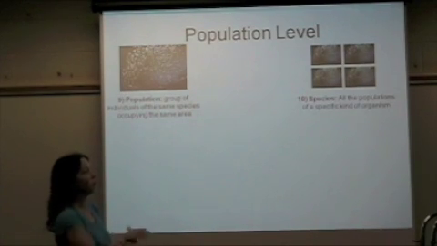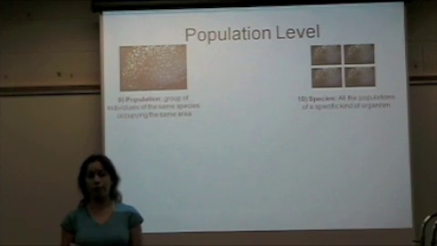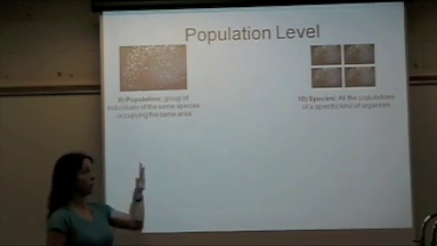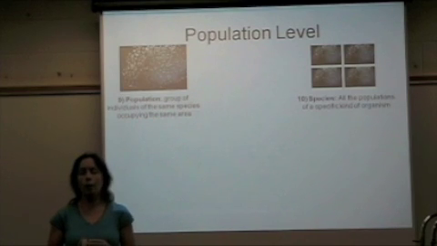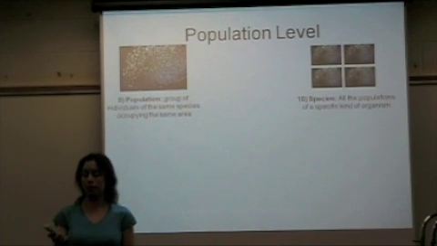The next level up would be the species level. And a species level would be all the populations of that specific organism. So this would be all the populations of the parrotfish all over the entire world. So off all the different coasts and all the different oceans, that would make up the species. And one other characteristic that's important with the species is the fact that they can reproduce and create genetically viable